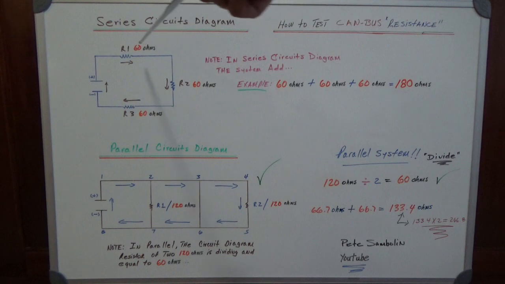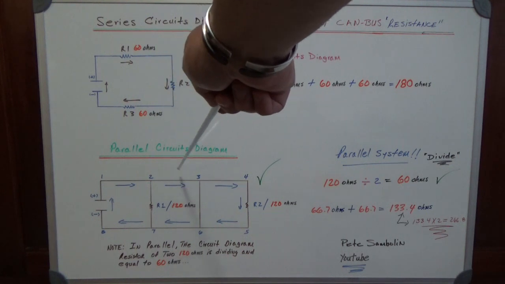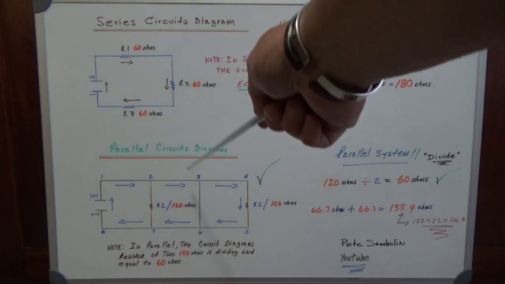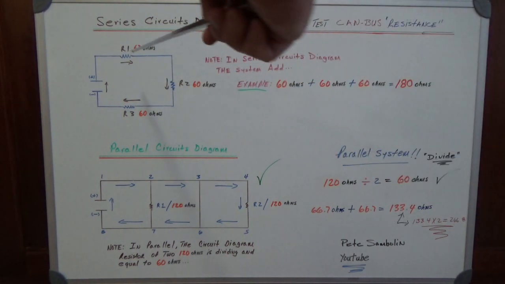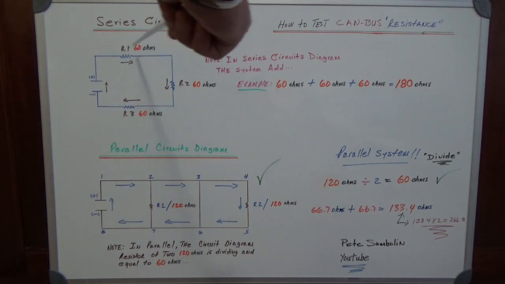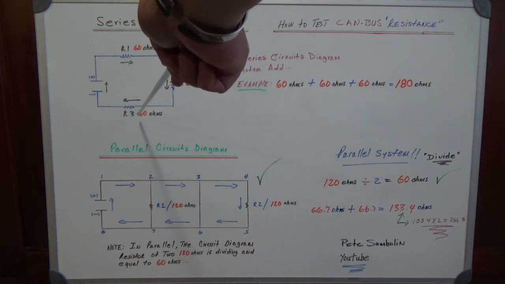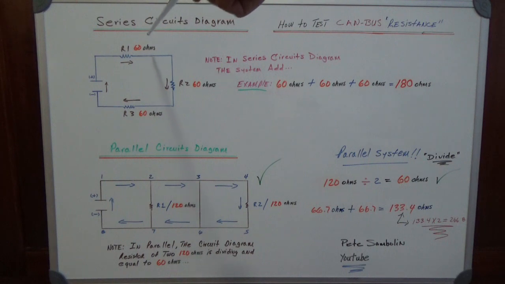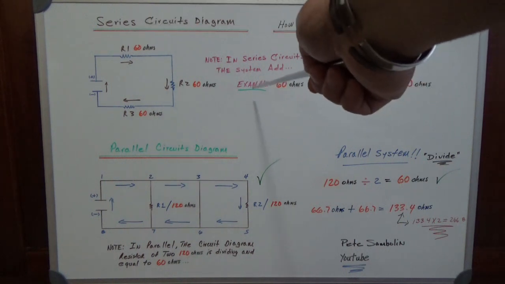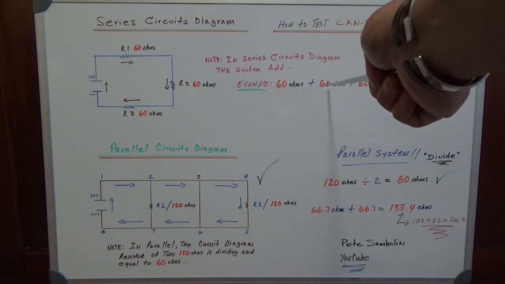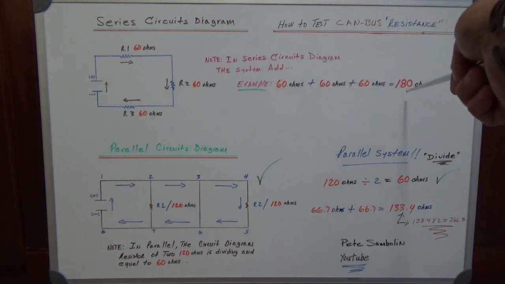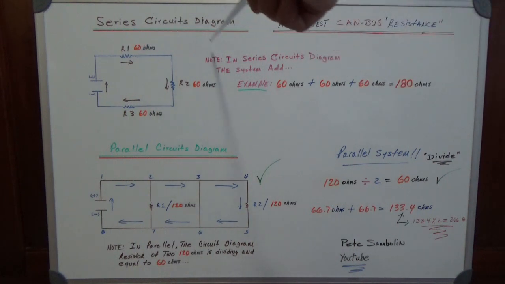Now, when you're talking about a series circuit, the system adds. When you're talking about a parallel circuit, the system divides. Here we've got resistor 1, resistor 2, and resistor 3, and each resistor is 60 ohms. So in this example, 60 ohms plus 60 ohms plus 60 ohms adds up to 180 ohms. That is in series